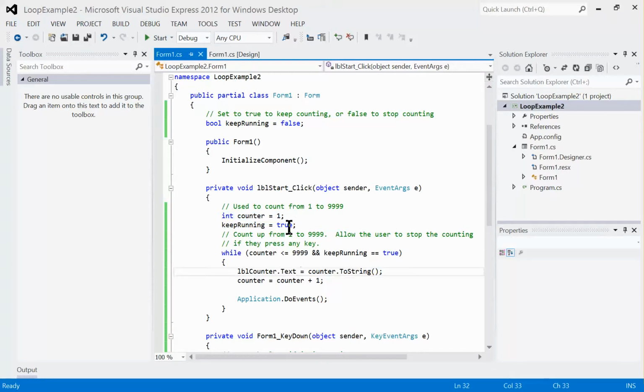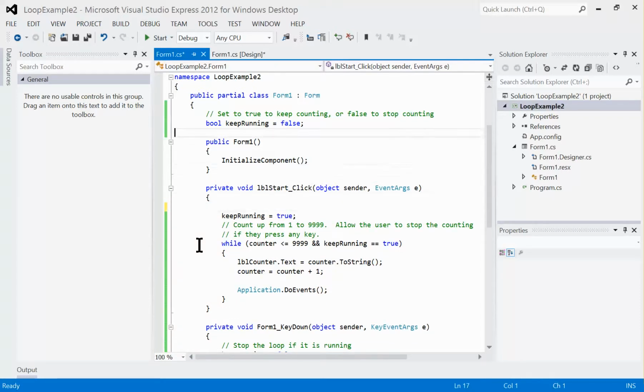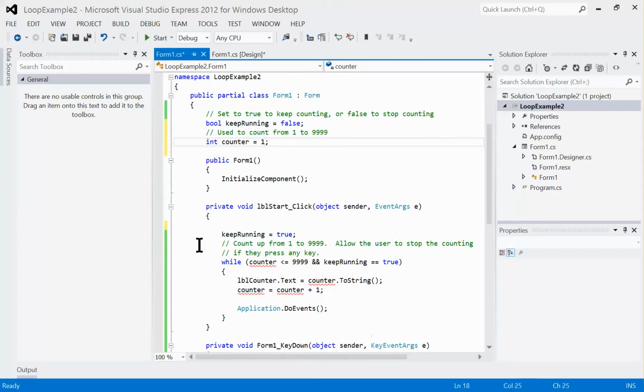If I want my counter to keep its value, what I'll do is I'll declare my variable up at the top of the program underneath public partial class form1 and above public form1. And so now, since my variable is declared outside of my subprogram, it will be able to keep its value even if the subprogram stops. So let's run the code here. I press start,